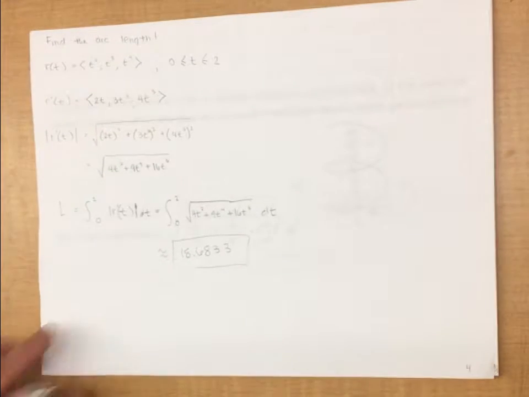And so we're going to do some arc length problems. If we're given r of t, which is t squared, t cubed, and t to the fourth, where t is between 0 and 2, we find r prime, which is 2t, 3t squared, and 4t cubed. Then we find the magnitude of r prime of t, which is the square root of 2t squared plus 3t squared squared, plus 4t cubed squared. To find the length, we take the integral of it from 0 to 2, which comes out to